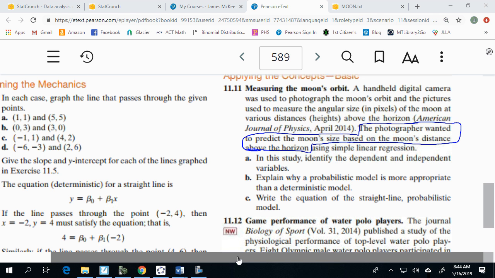So in this study, identify the dependent and independent variables, right? So if we're predicting size, that's my dependent variable. And my independent variable is height. Okay? So that's what